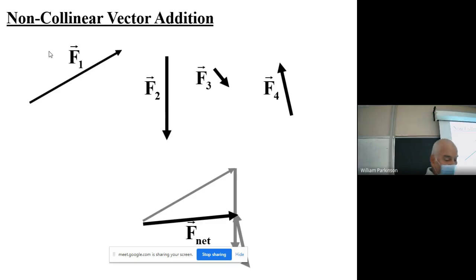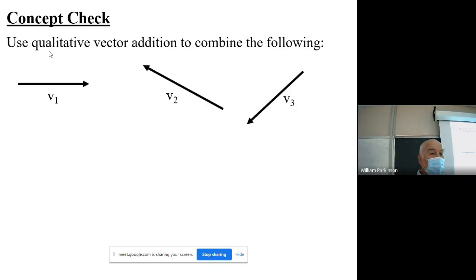Now, just to make sure, here's one more that we can play with. Again, I can do them in any order I want, but I'm going to take my V1, then I'm going to lay the tail of my V2 to the tip of V1. Then I'm going to lay the tail of V3